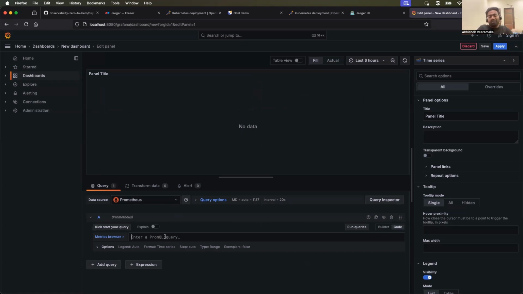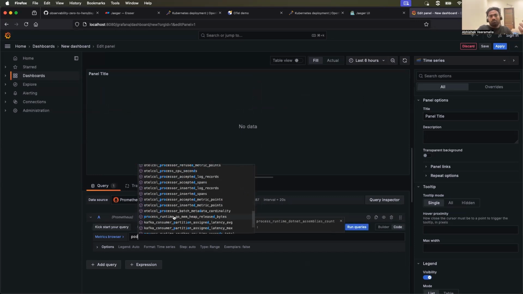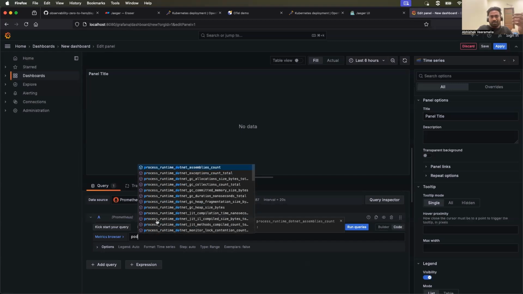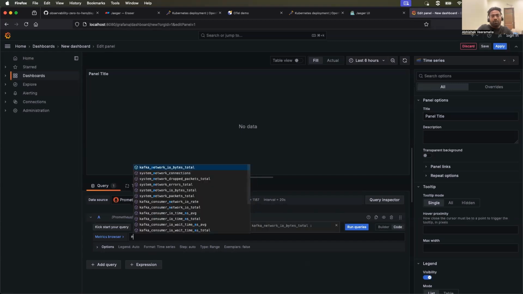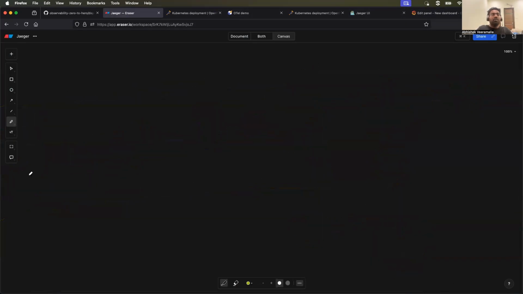For example, let me do pod. So you can see there is no information related to the pod. Even the suggestions do not show me anything. Or let's say I want to get any node CPU related information. There is nothing about it. Why? Again, as I've explained in the previous classes, for Prometheus to scrape metrics from the nodes,